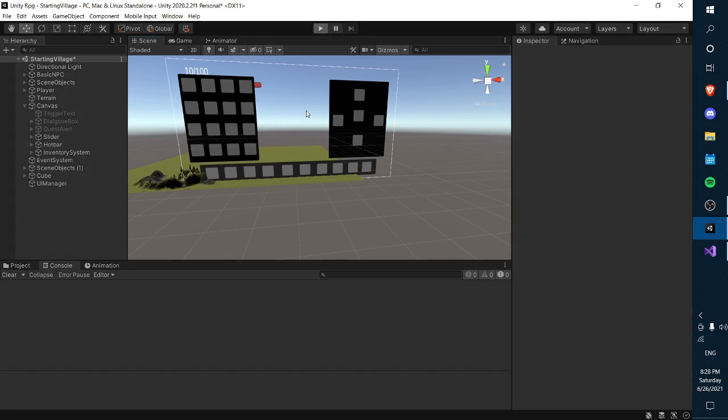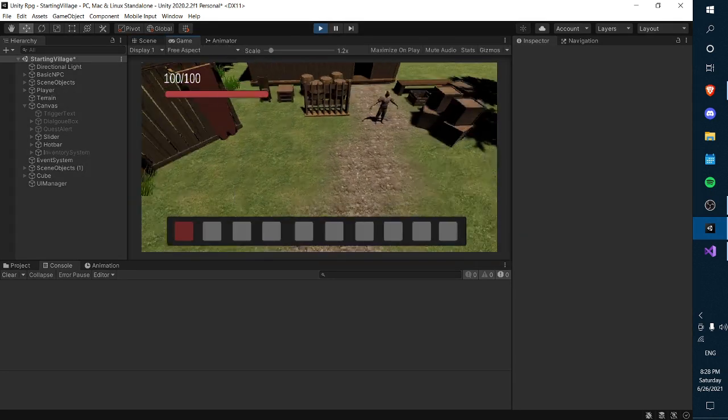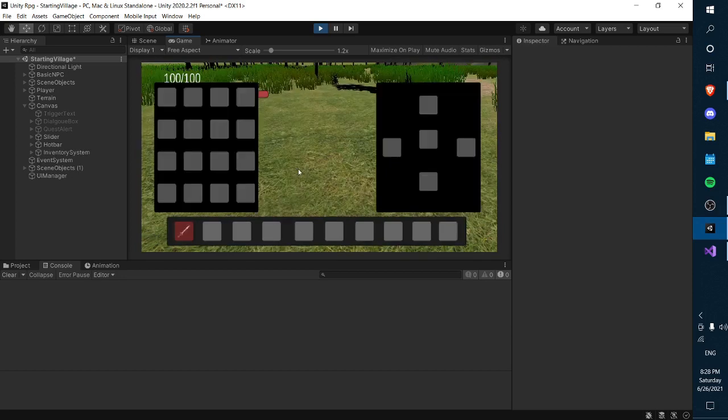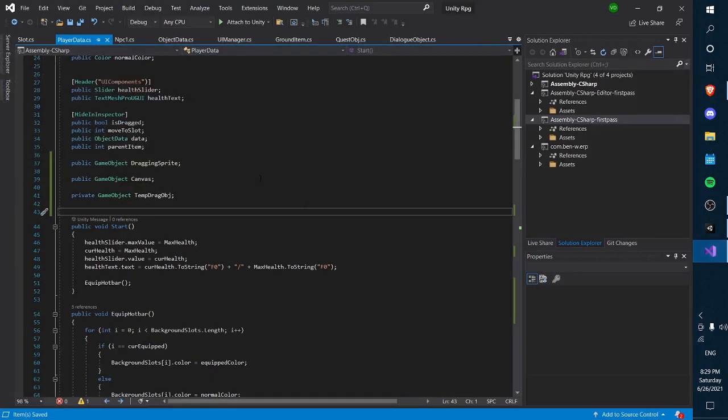So one of the bugs is that if I am picking up a weapon, I shouldn't be able to scroll through my hotbar while I am in my inventory. Because this gives the player an advantage to switch between items, and it gives them a way to abuse the game. So what we're going to do is come here and go to reference